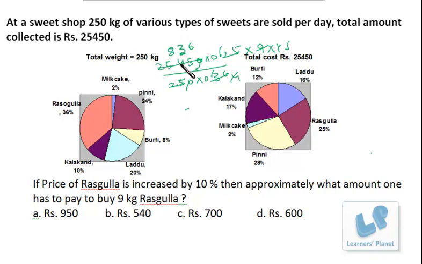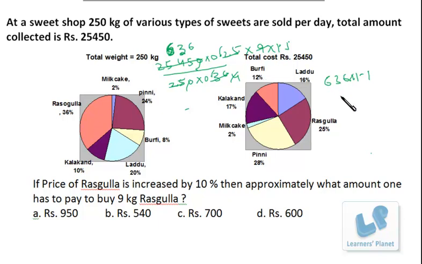I'm sorry, it is 636. I just did it by mistake. 4 6s are... so it's around 636. Now 636 into 1.1 that we have to calculate. That means 636 plus around 63 we have to add, right? So if we add 63 to 636, we'll be getting something around 699.